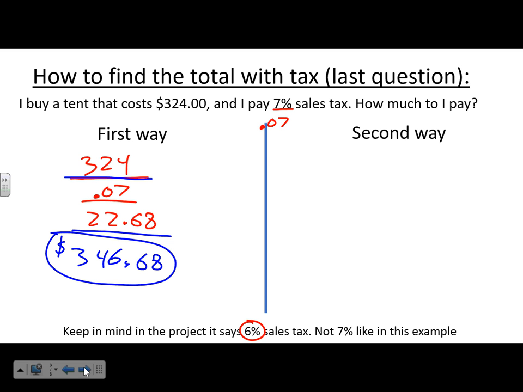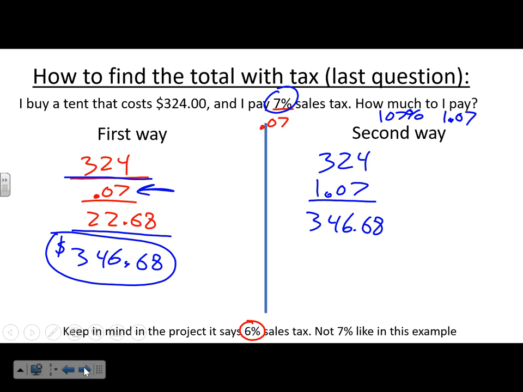Now, the second way to do it, again, it's really pretty much the same way, but the second way to do it is to look at it this way. $324 is 100%. You're going to pay for 100% of that, so you're going to pay $324. But then you're actually going to pay an extra 7% of that, so you're not paying 100%, you're paying 107% of that, because you're paying extra 7%. So 107%, if you make that into a decimal, that's 1.07. So instead of multiplying by just 0.07, you can multiply by 1.07. And again, this is the thought of you're paying 107% of that total. So if you type that in, you should get the exact same